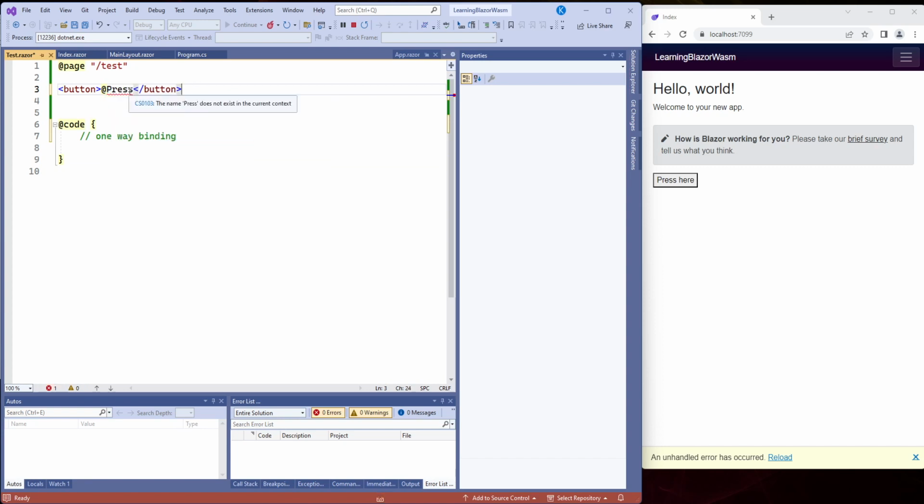And so what press becomes, press is now a variable. It's not actually the text of press. It's a variable. And so it's giving me an error saying this doesn't actually exist. There is no variable. So you can't represent it. So down here, what you'll do is you'll put